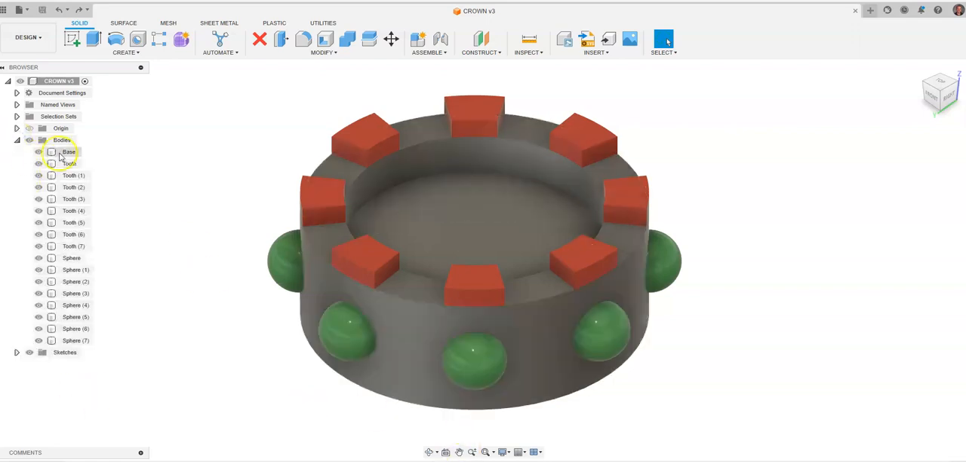You will notice that I have an object here that has a kind of base gray, what I've termed as a base, and then it has 8 teeth around the top that I have in a circular pattern. Then it also has 8 green spheres around the side that I've also created in a circular pattern. Now, within this object, I have a lot of different bodies over here, and I might be thinking,